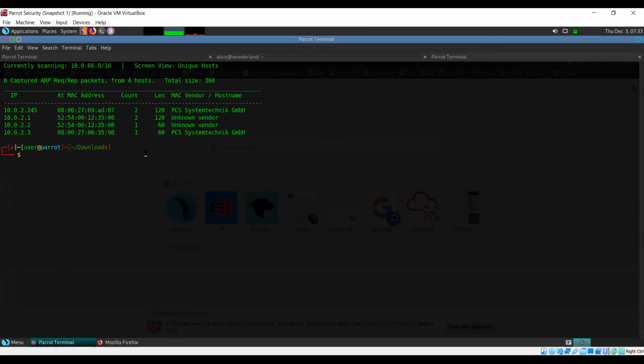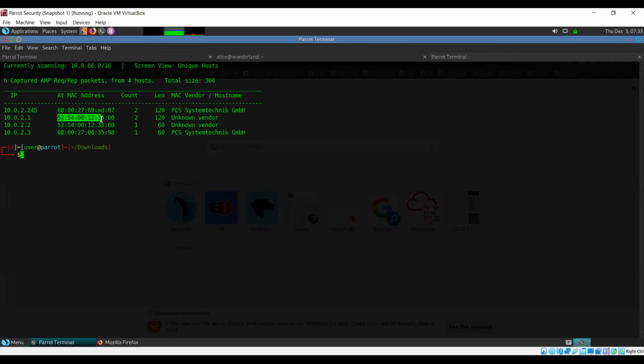Okay, so our netdiscover scan gave us four results. 10.0.2.1 is the gateway IP, so this is not going to be our target. 10.0.2.2, we don't know what this is yet. But take a look at the next column, which tells you the MAC address as well.